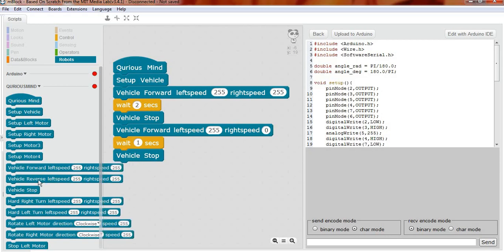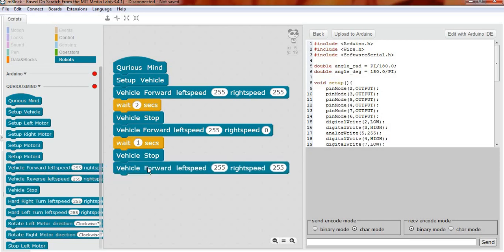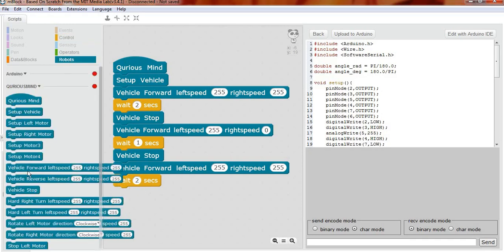So do we need vehicle reverse or vehicle forward? Since the vehicle has turned 180 degrees, so now it is facing towards point A. So we have to use vehicle forward command, not the vehicle reverse. Again, we need to travel the same amount of time, move for 2 seconds. When we reach point A, we'll stop there,